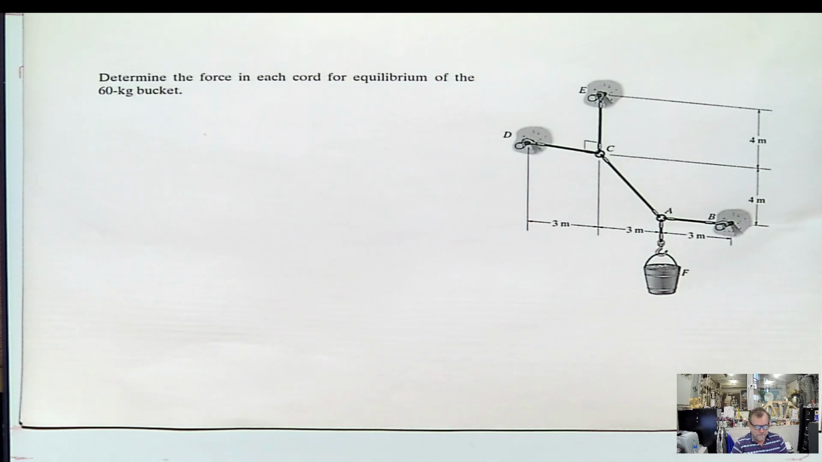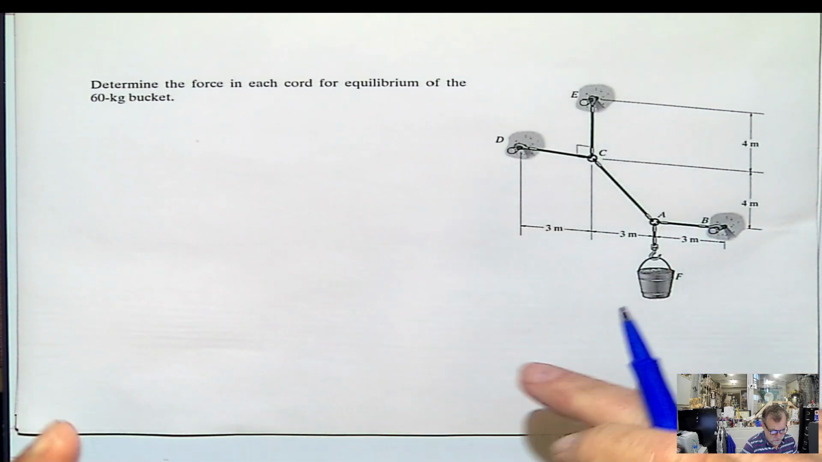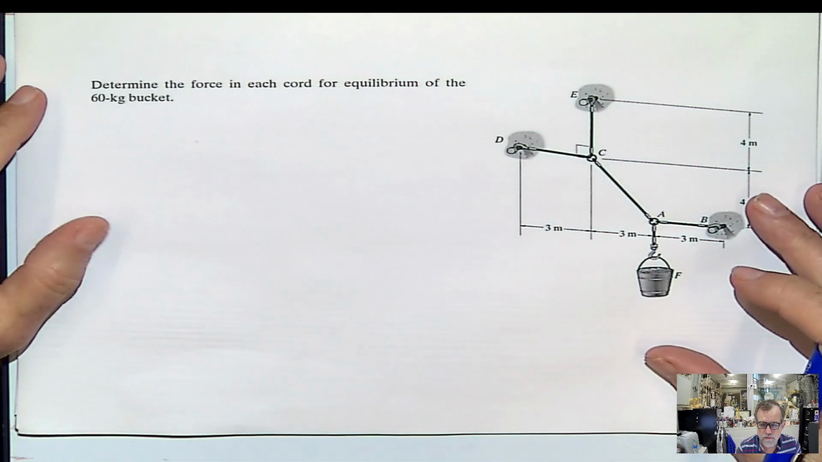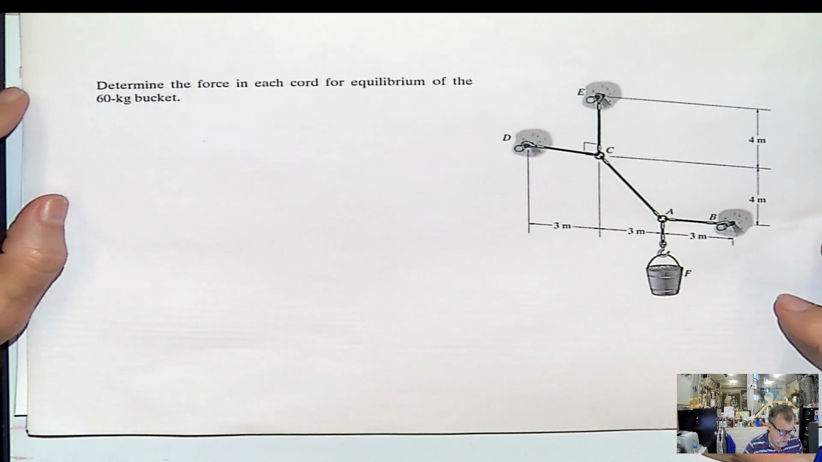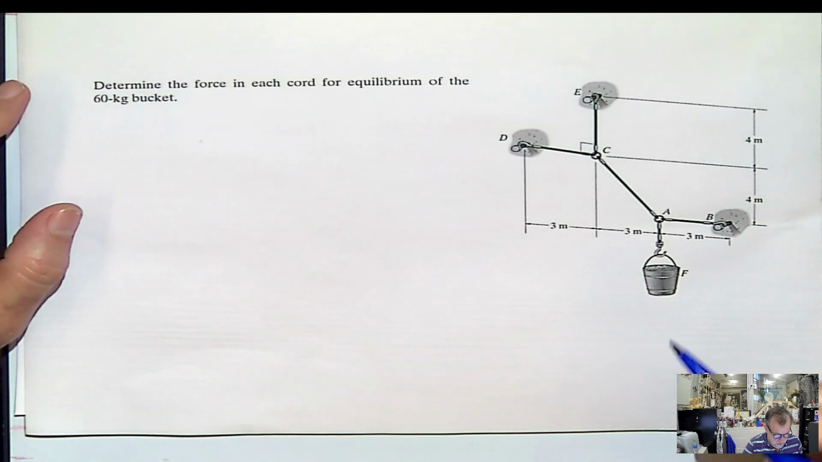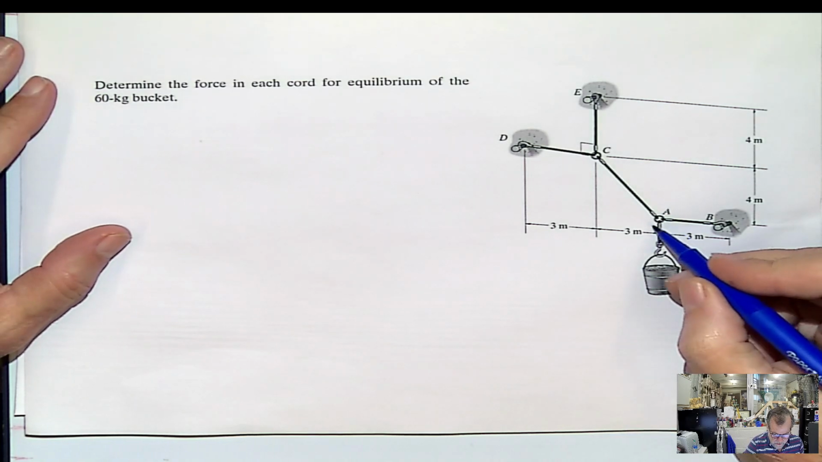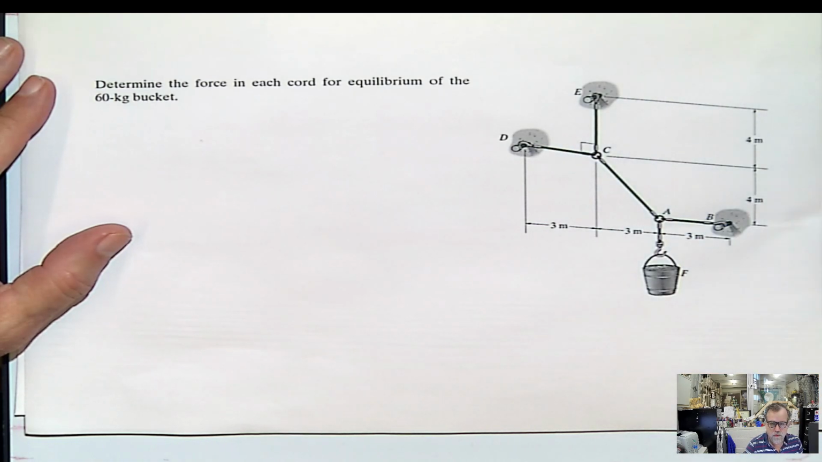Hello guys, 2D particle equilibrium, but at the end I'm gonna just comment a little bit about this problem, how you can solve it if you know 2D rigid body equilibrium, which is the next chapter that we will cover. For the time being, remember, if you do particle equilibrium, we need two unknowns, maximum in 2D, summation